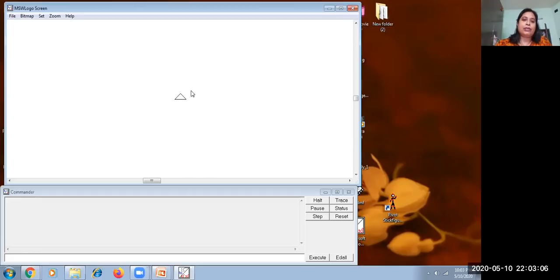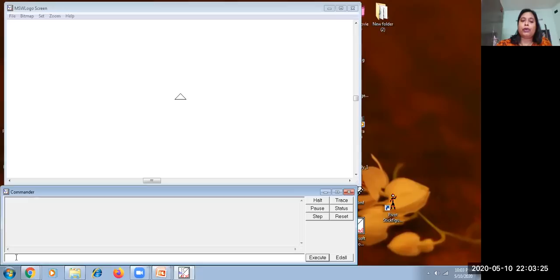Before we start, we need to know the screen nicely. This is the command area where you can give commands. This is called the recall list box.